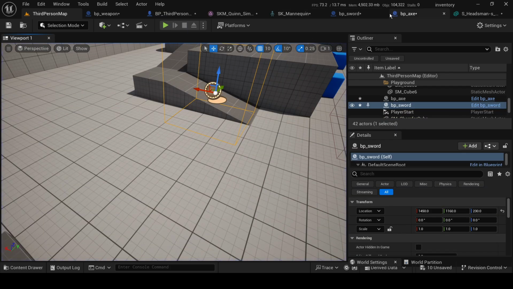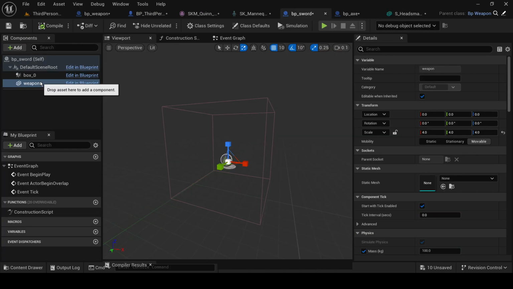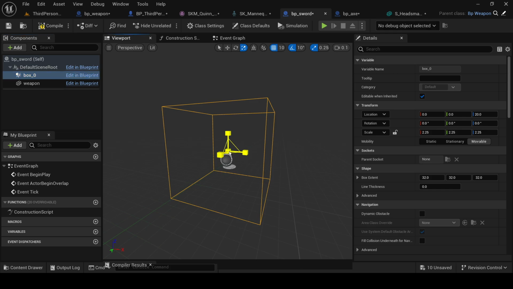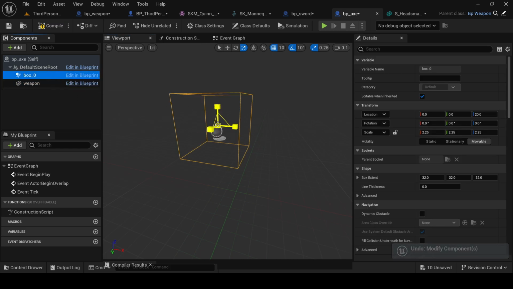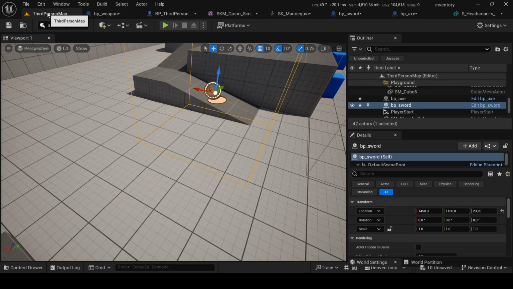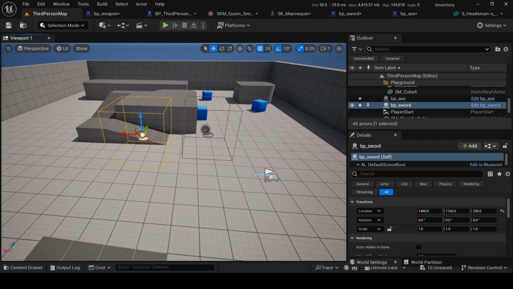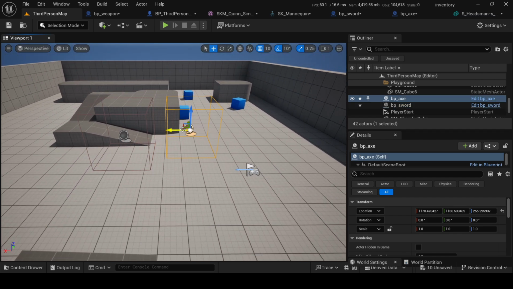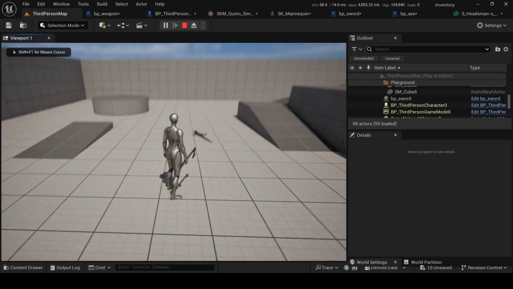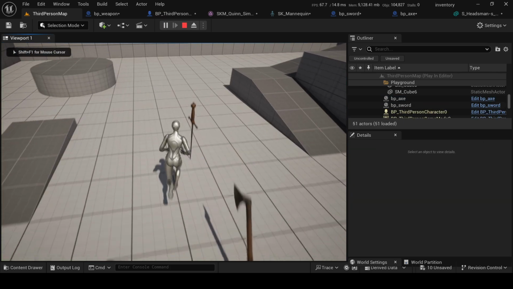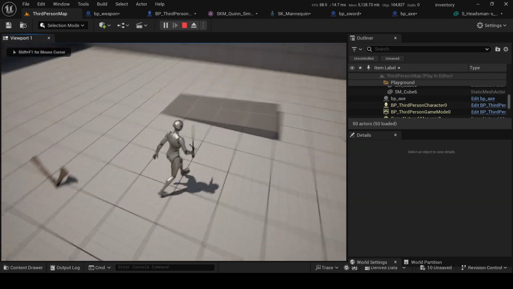Okay, we just need to increase the box. Try this. Okay, so now